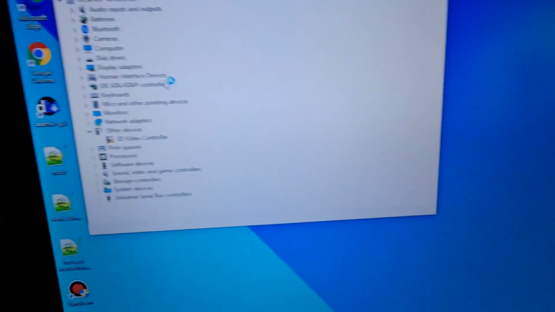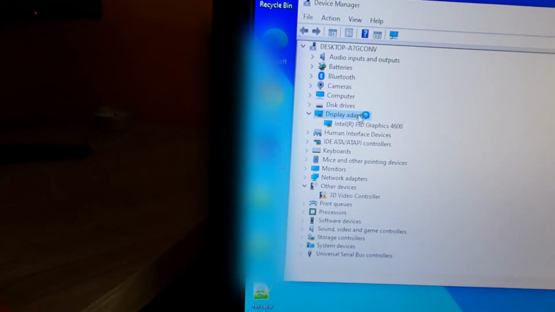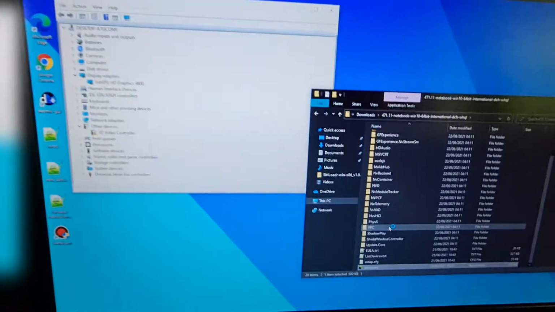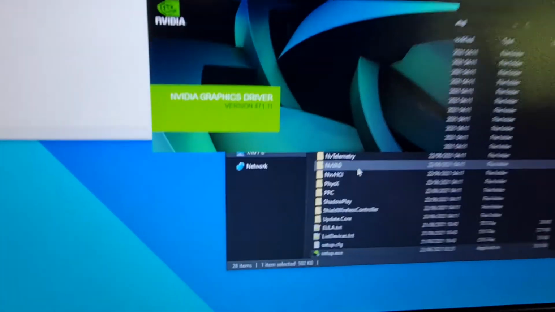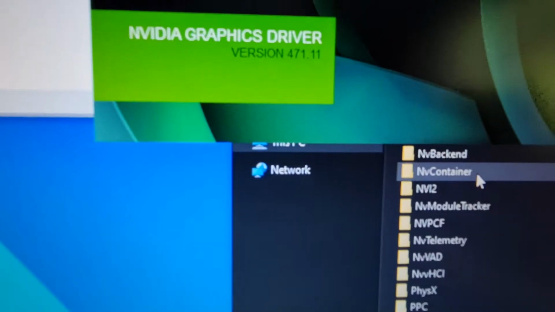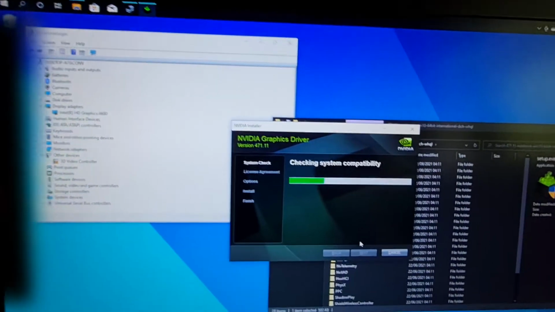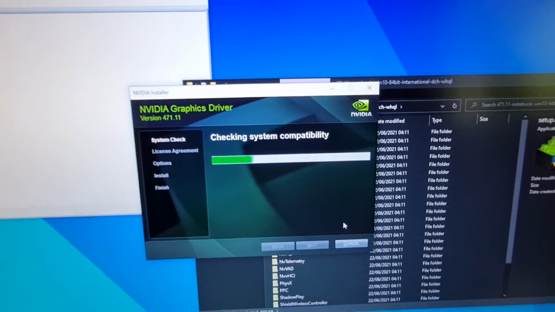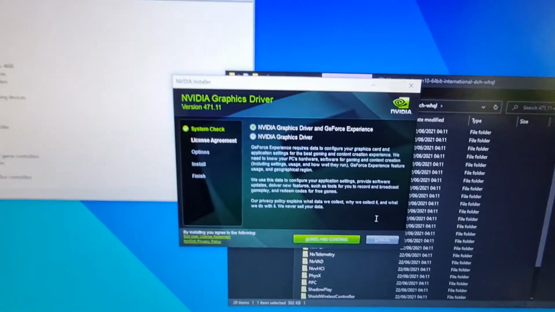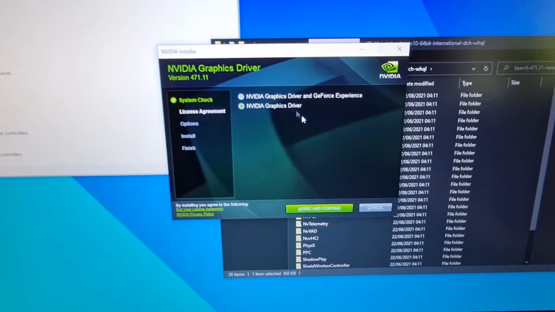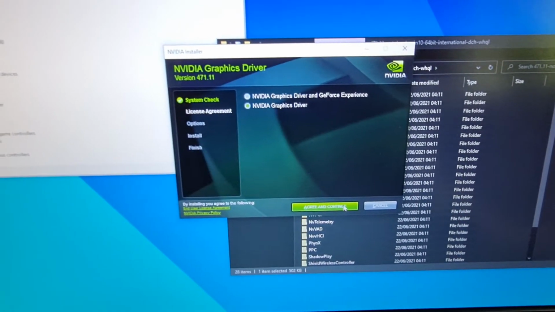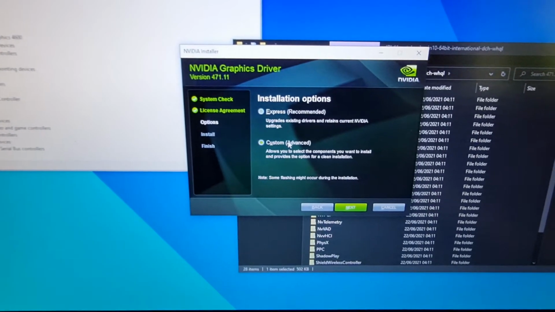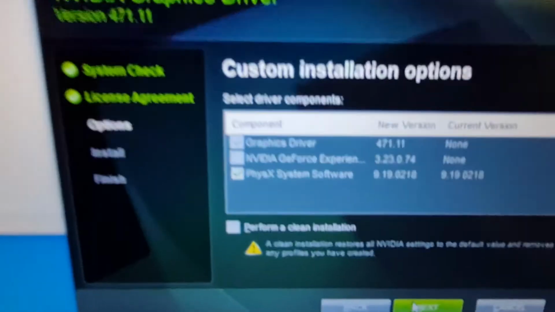Device manager, display adapters, I deleted it, and now we go on folder, we go download, and now we open this modified folder that we just made, and then simply run setup.exe. Version 4.7.1.11. Checking system compatibility, and now graphics drivers only, agree and continue, custom, next, again